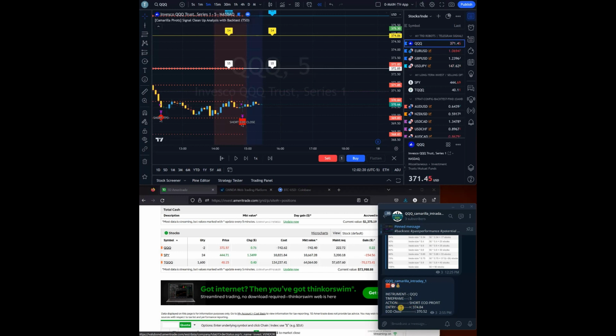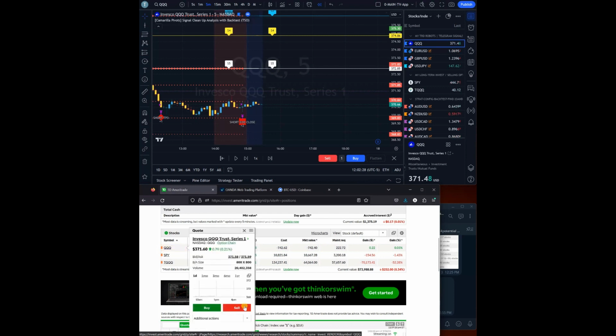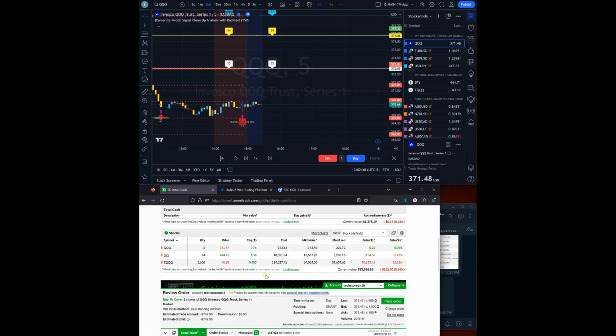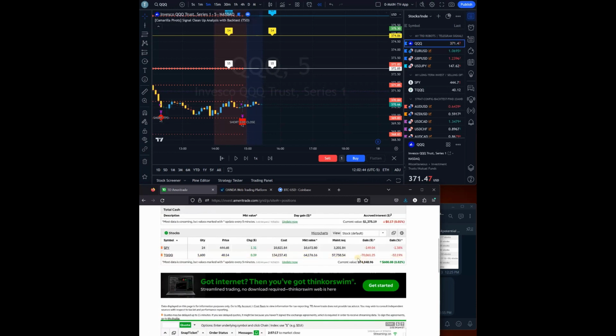Little nice clock. Money means short end of day profit. So let's close it. Looks like I made 22 cents. Some minor fluctuations. So this is short. I want to buy, and here it automatically selects buy to cover, to market, review order, place order, make sure it's gone. There it is. That's it. That's basically how you would trade the QQQ